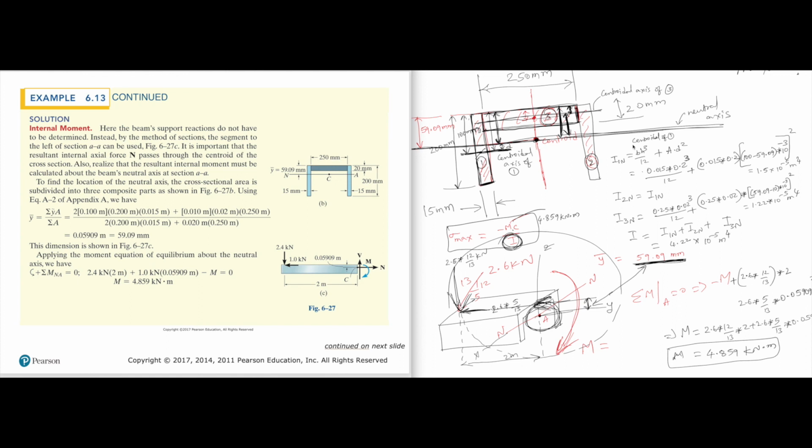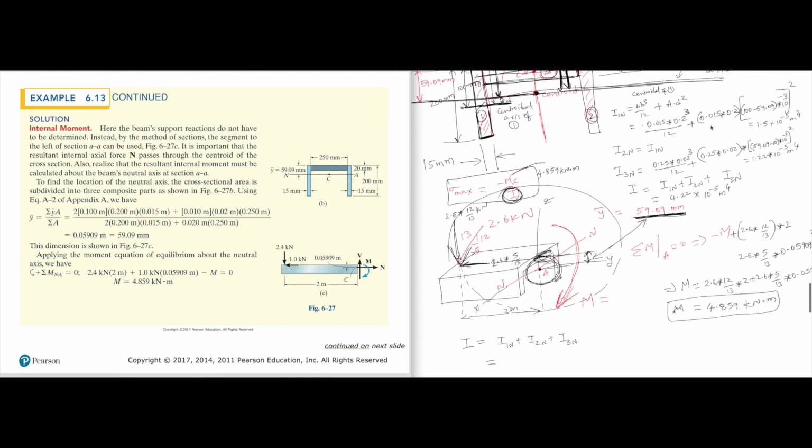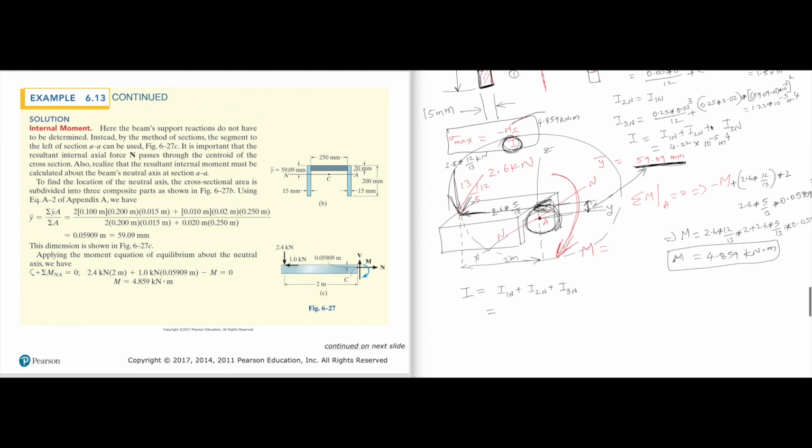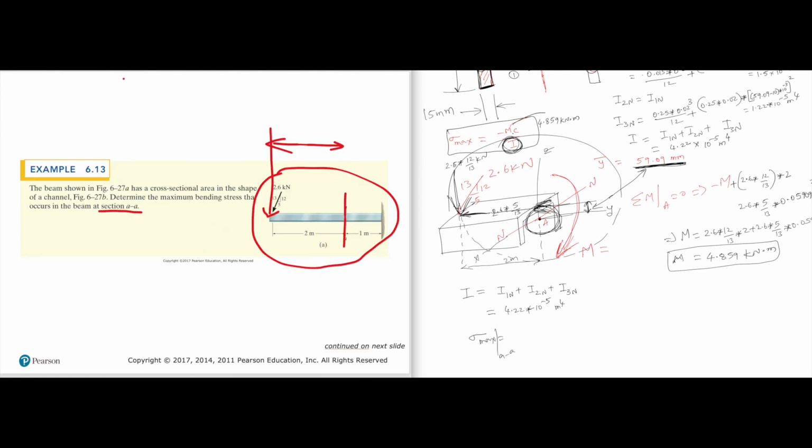That is the moment of inertia for the shape. Hence, we will apply that and write it as 4.22 times 10 power minus 5 meter to the power 4. So the maximum bending stress, sigma max, at the cross section AA. AA means this is the cross section here. So the cross section is that. The cross section AA